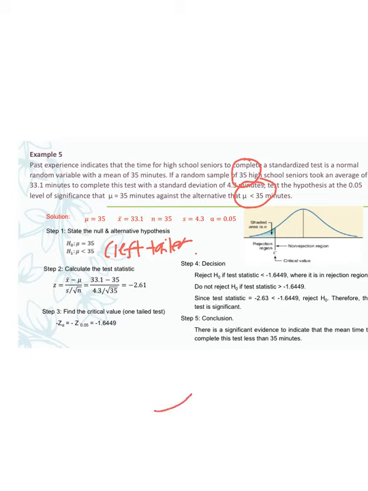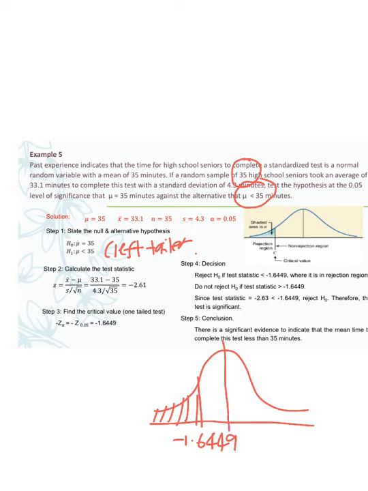Okay, now how do we come up with the decision rule? Let's take a look at this diagram. So this is our rejection region, where the critical value equals negative 1.6449. And then your test statistic value, we get negative 2.61, which falls in the rejection region. So what I shaded here is the rejection region. So the value negative 2.61 falls in the rejection region. Thus,